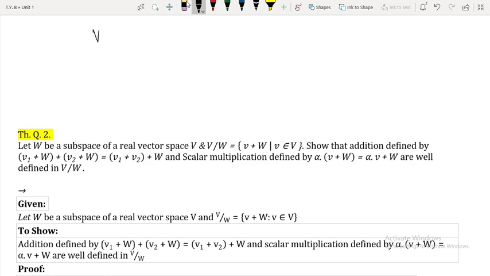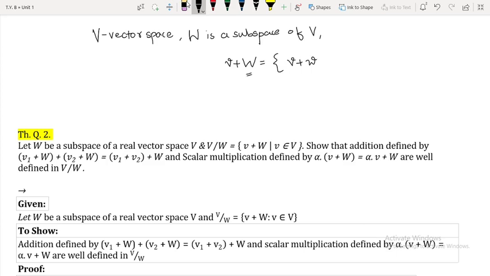Given a vector space V and a subspace W of V, the coset of W in V is denoted by v + W, which is equal to {v + w